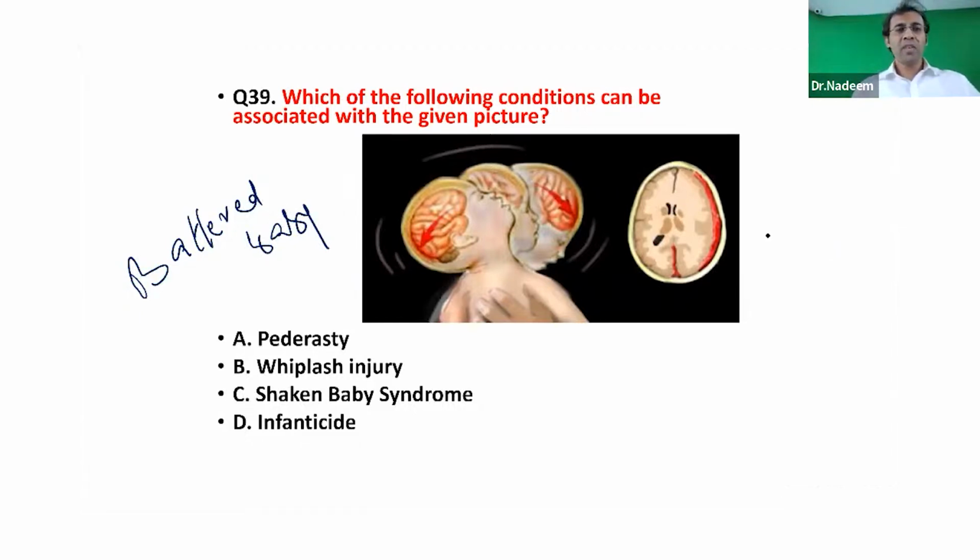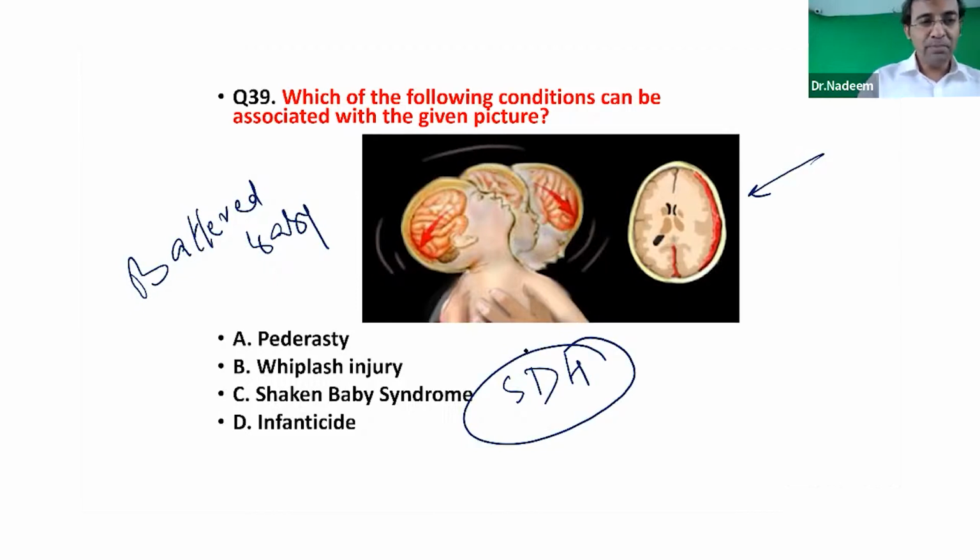So this can be because of what? Maybe if there is an unwanted child, sometimes parents will shake the child like this. Because of this, there will be what? Intracerebral hemorrhage inside. So this is called what? Shaken baby syndrome. You are going to see subdural hemorrhage,